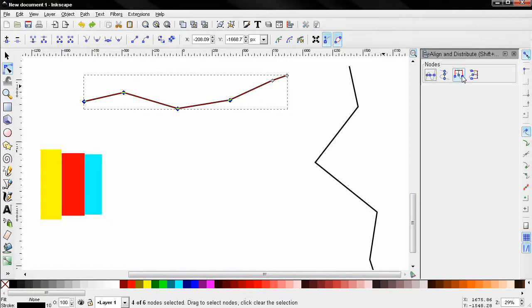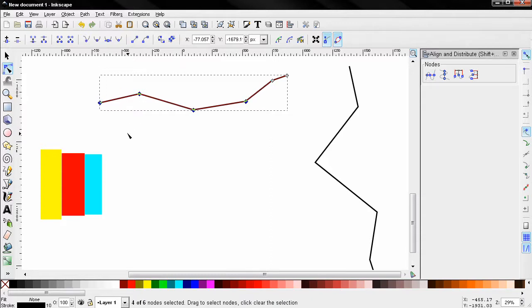This one here will allow us to distribute selected nodes horizontally. So this means that, let's move them like this a little bit. If I select these 3 nodes and click on this option, now the distance between this and this one and the distance between this and this one is equal. Now this one here